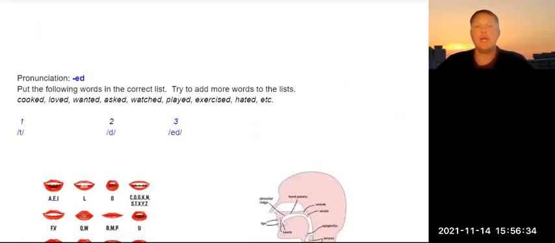All right, good. And now the pronunciation of ed at the end of verbs in the simple past. So first of all, let me pronounce these for you, and then you're going to put them in the correct list. So we have t, d, and ud. So ed at the end of verbs in the simple past is pronounced 3 different ways. See if you can hear the difference when I say these verbs. Some will be t, some d, and some ud.